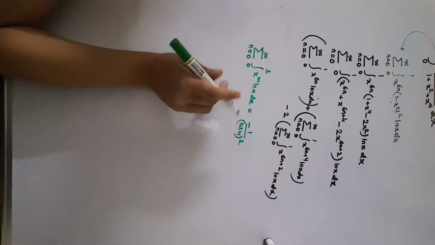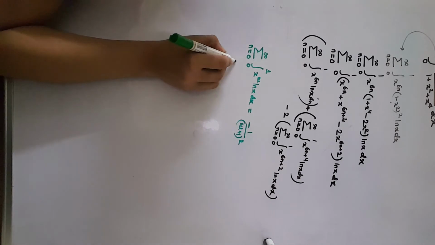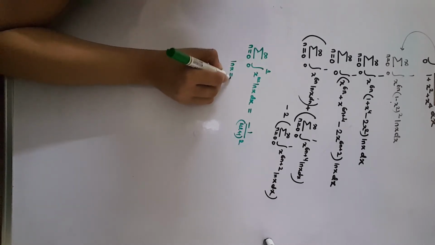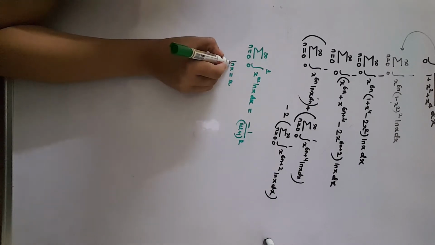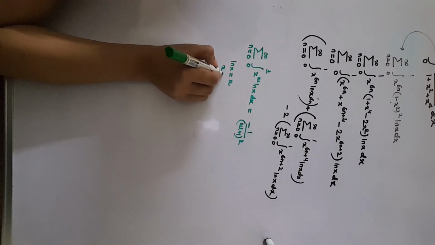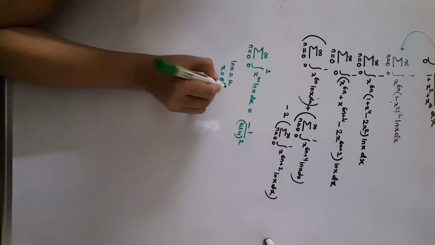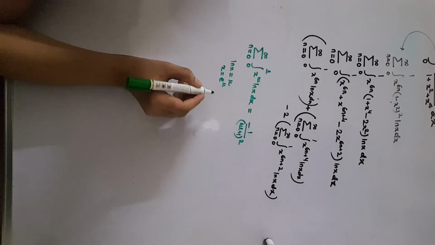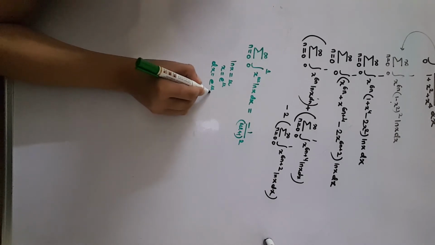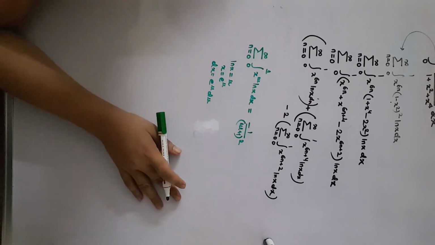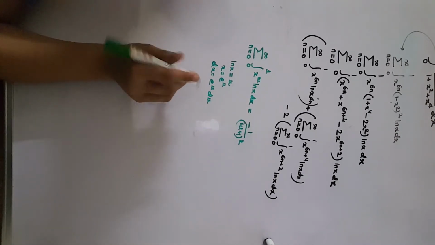Okay, so now let us suppose that natural log of x is equal to u. If natural log of x is equal to u, then what will x be equal to? x will be equal to e to the power of u. Then dx will be equal to e to the power of u du. All right, now